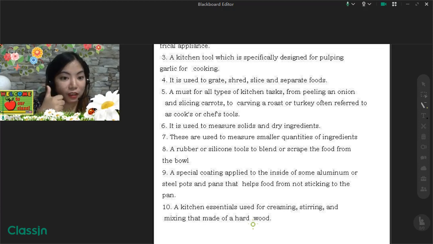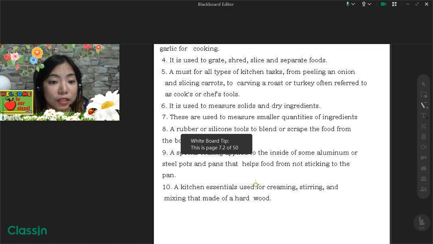Ready for checking? Alright, so again, let me remind you that this is just prior knowledge, meaning to say, you don't need to perfect it. Okay? All you have to do is to answer it based on your understanding. No need to get a perfect score. It's just a pre-test. Which is more important is the post-test. Okay? So meaning to say, the pre-test is just to measure or evaluate what you already know about this